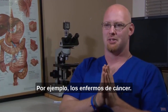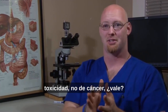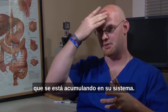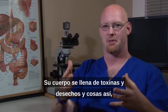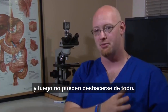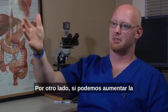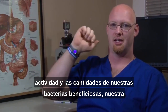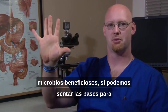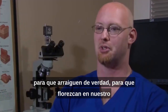And you take cancer patients, for instance. Cancer patients most often die from toxicity, not from cancer. Okay, they can't get rid of all the waste that's being built up in their system. Their body fills up with toxins and waste and things like that, and then they just can't get rid of all of it. Okay, on the flip side, if we can increase the activity and the amounts of our beneficial bacteria, our beneficial microbes, if we can set the stage for them to really take root, to flourish in our system,